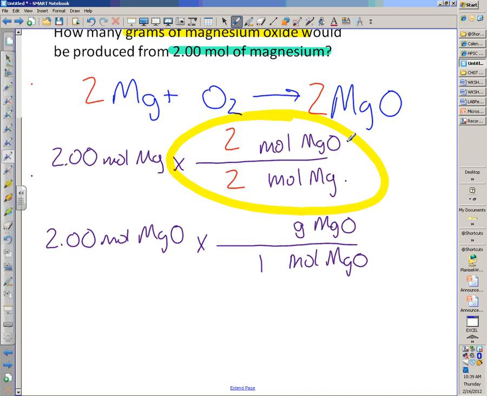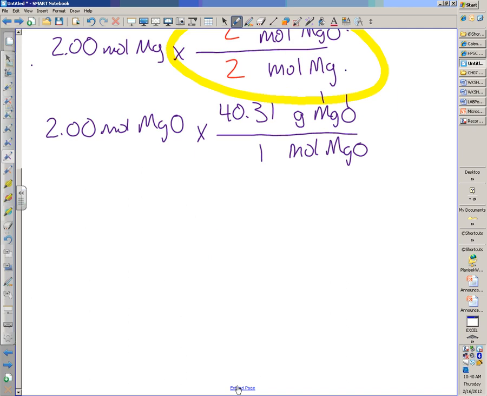But it's not 24.31 for this, right? Because what do you have to do here? There's both magnesium and oxygen in this formula, right? Add them together. And you should end up with 40.31. Same idea as molar mass, right? But just make sure that we take into account all of those things that are in there. Now we run this through, and you end up with